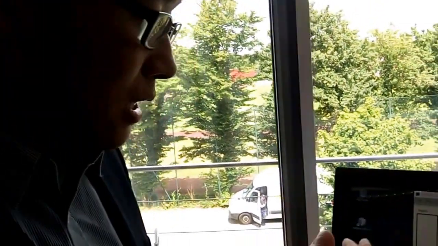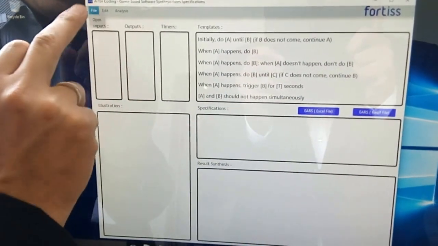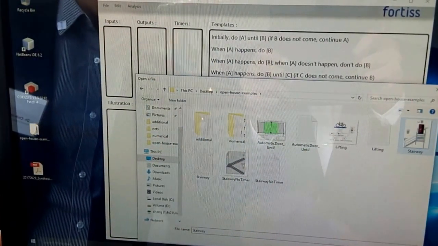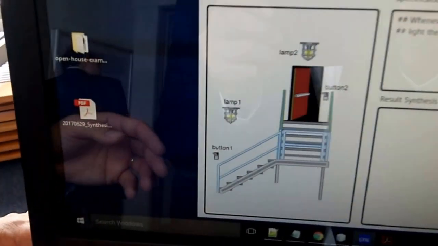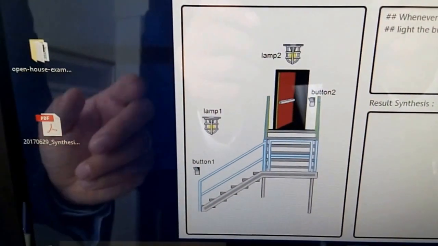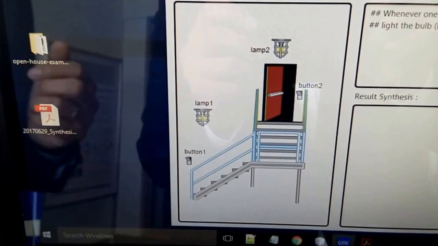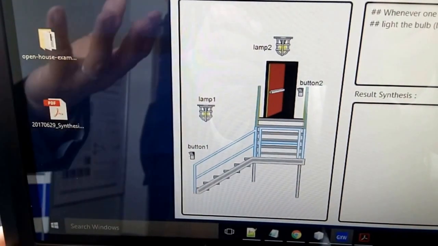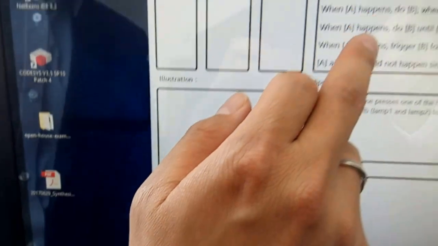So I would like to show a very simple demo. What I can do is open a case called stairway lighting. So this is a stairway lighting, and we have two buttons and two lamps. What we really want is that if someone presses button 1 or button 2, the light should be on for say 10 seconds. So we can just try to select one of these